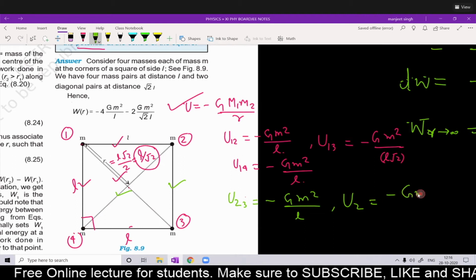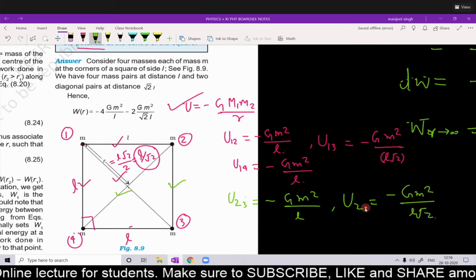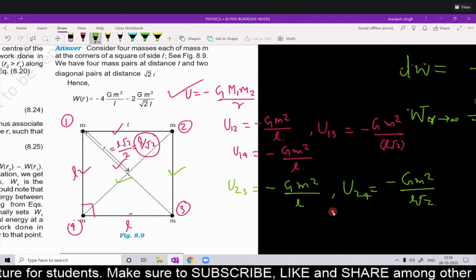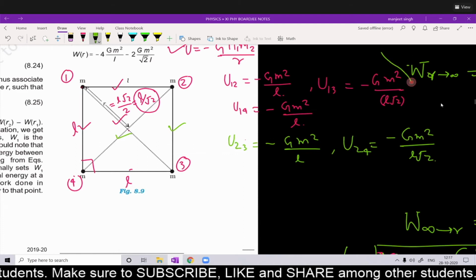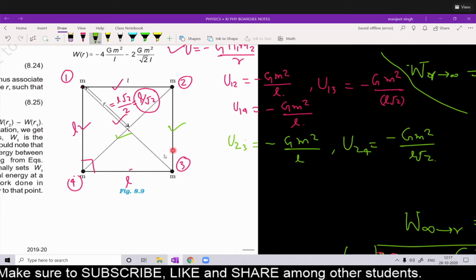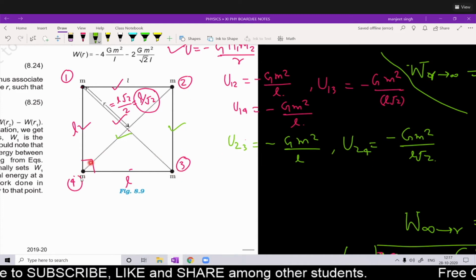माइनस जी M1 M2 अपॉन L√2, 24, राइट। अब इसके बाद ये हिस्सा अलग, इसके बाद हम जो है 2 से 3 का हो गया, 2 से 4 का हो गया, मार्क भी कर